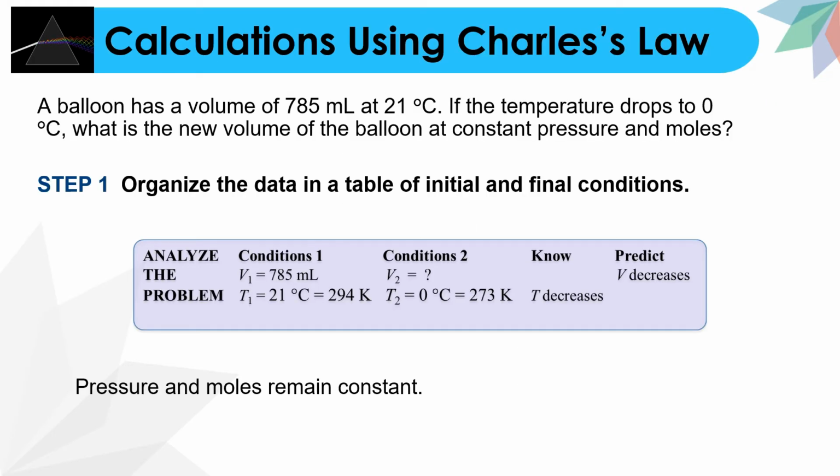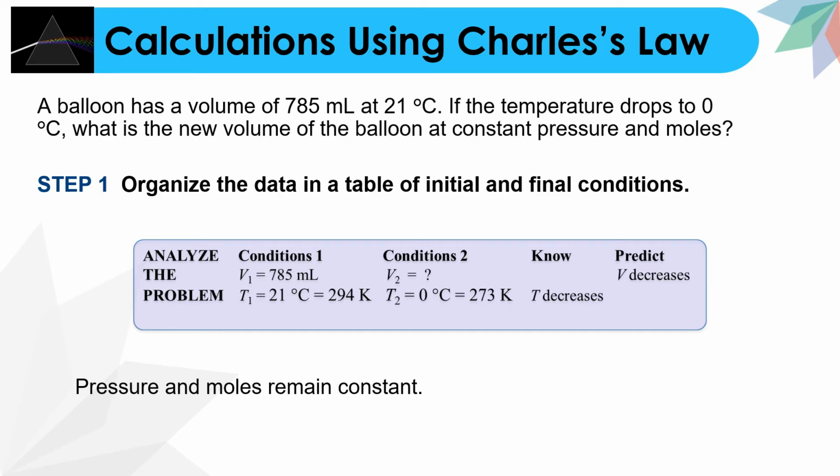Now, let's try calculations using Charles' law. So, gamitin natin yung problem na to. A balloon has a volume of 785 milliliters at 21 degrees Celsius. If the temperature drops to 0 degrees Celsius, what is the new volume of the balloon at constant pressure and moles? Of course, just like the first one, we are going to organize muna yung data in a table of